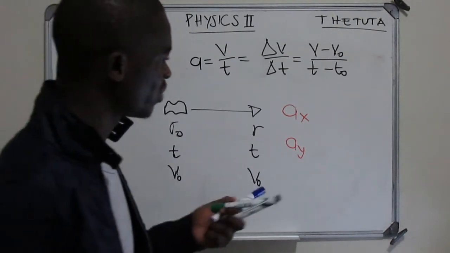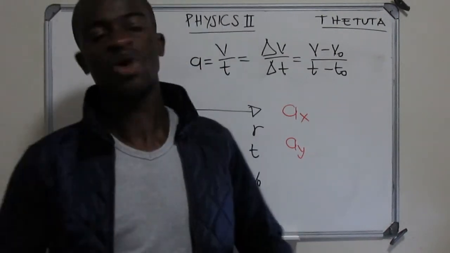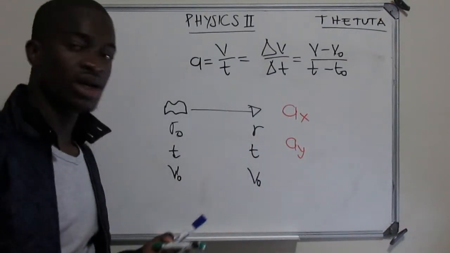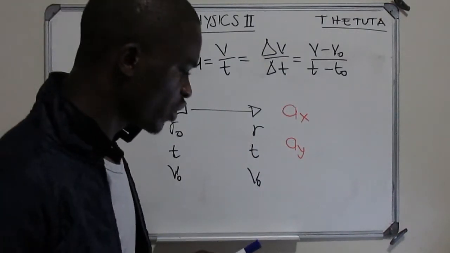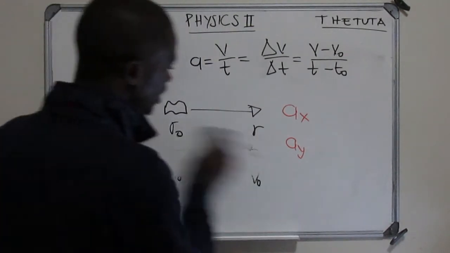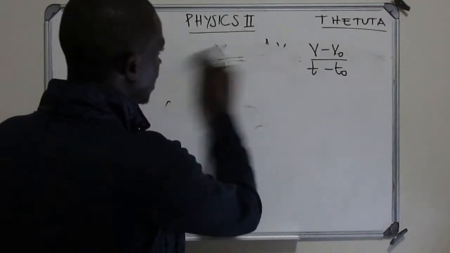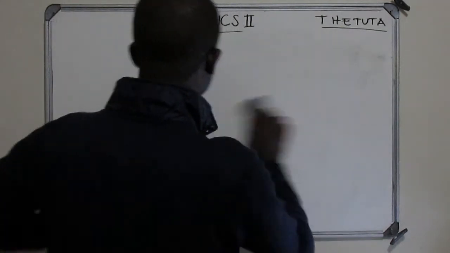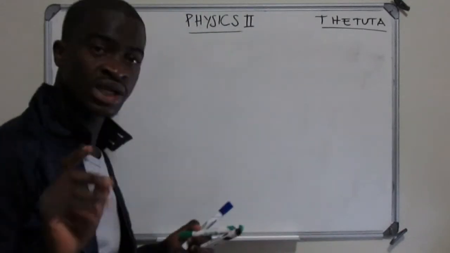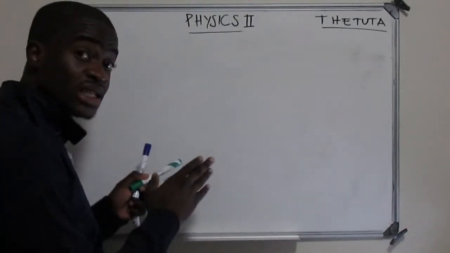We're going to be playing more often with Pythagoras. We're going to be playing more often with acceleration in x, acceleration in y. Okay? So if you remember very well from your physics 1, when you're doing the kinematics, we were given 4 formulas. Those 4 formulas are really easy to use, but now because we're in 2D, we're going to have them in x and as well in y.